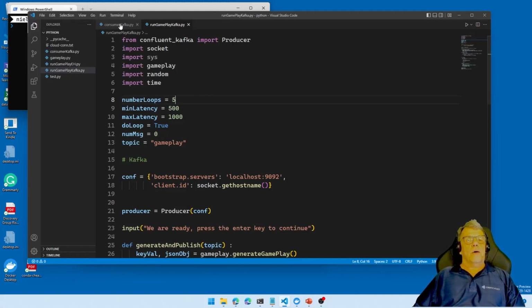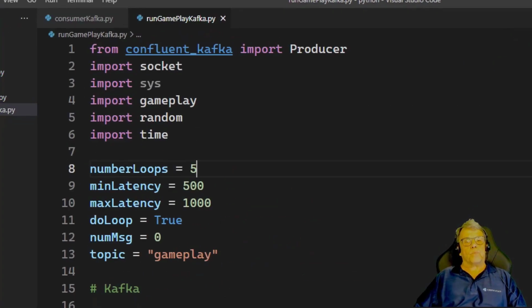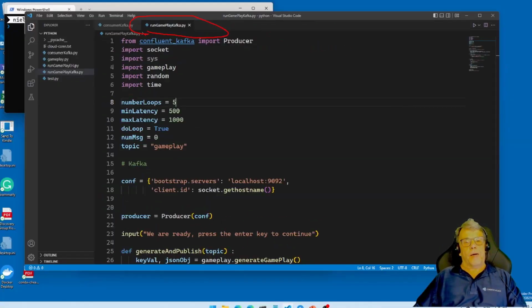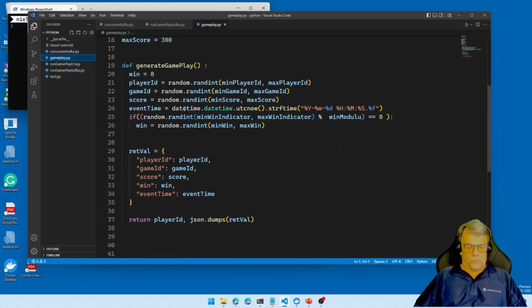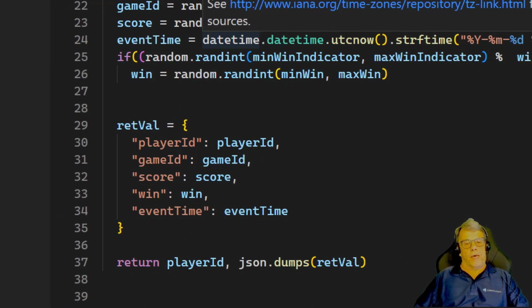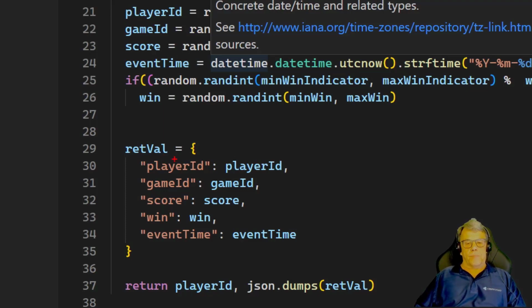I have two Python files here, and run gameplay Kafka. The idea here is that we are emulating gameplay. That may be in a casino, that may be some other type of games, where we have a gameplay event that has a player ID, a game ID, a score, and a win.